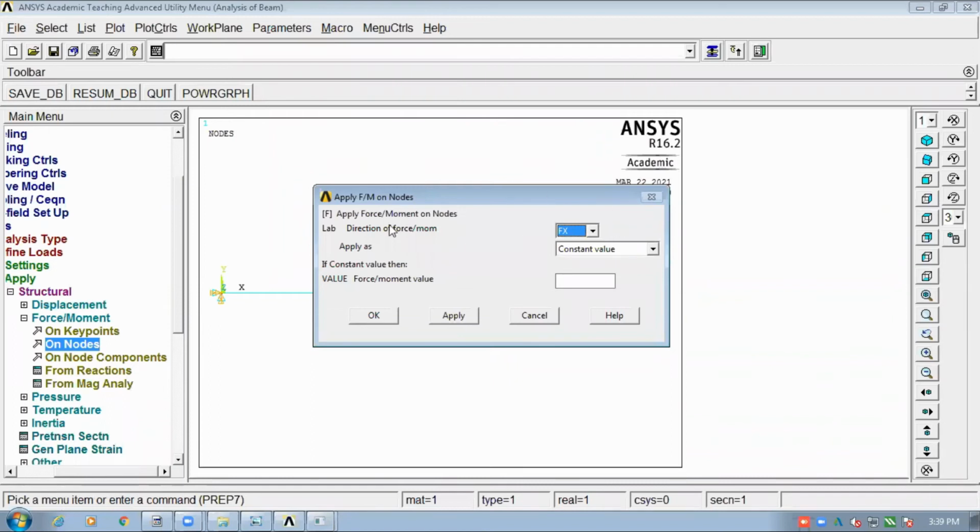Now if you see here, the direction of force is being asked. Here it is given as fx, but I have the force in the y direction, so I will apply fy. Whatever force you are applying is a constant value. And what value of force do we have? That is 20 kilonewton, but it is going down, so I will write minus 20,000.